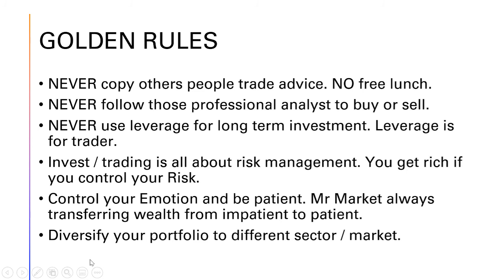After you have mastered these things, then you can start to diversify your portfolio into different sectors or even different markets. Different sectors means you cannot put all your money in one sector. You cannot put all your money in the technology sector, because if the market drops, technology will be the first one to be affected. You have to split your money into defensive stocks like McDonald's, Johnson & Johnson, Procter & Gamble, and then you also have to put your money in technology stocks like Google, Facebook, or Amazon.